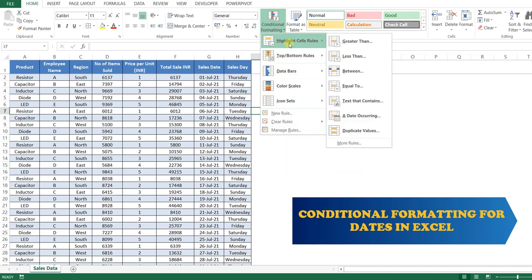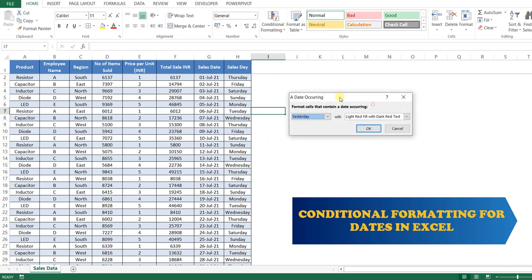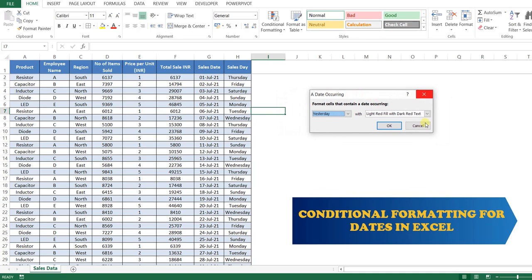For this we have to click the first option, that is Highlight Cells Rules, and again we can find some further options. Under this we can see the second last option, that is A Date Occurring. Once we click on this, one dialog box named A Date Occurring will appear on the screen, and here we can see Format cells that contain a date occurring.